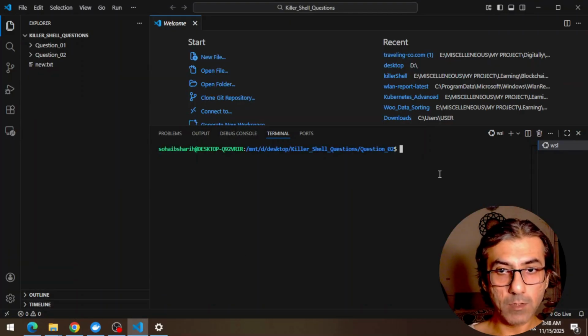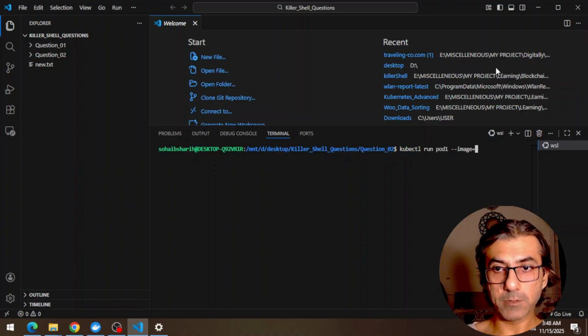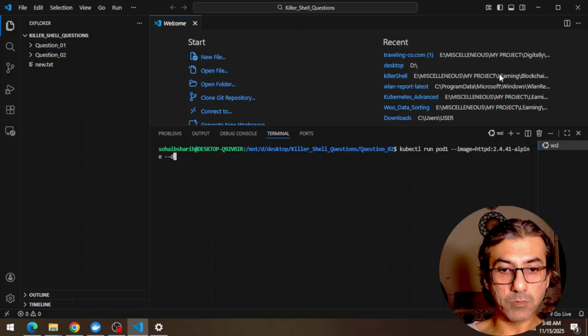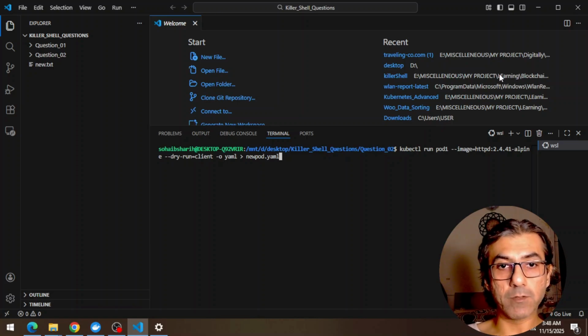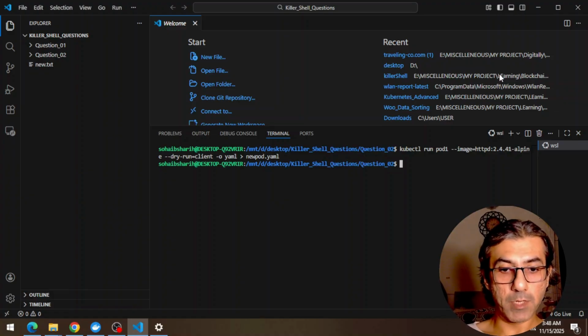So just write kubectl run and then the name of the pod, pod1, then the flag --image, and paste this. Then you dry run, because you need to dry run this and create a YAML file out of it. Why? Because the imperative command doesn't have an option for creating a container or giving your container a name. So you need to create a file out of it first, and then you can edit that